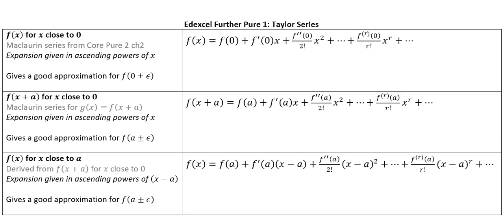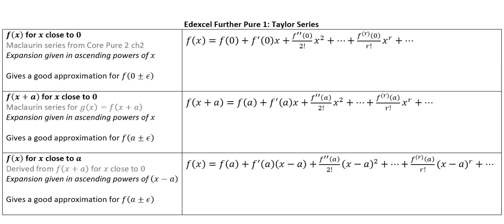The purpose of Taylor series in general, and these two alternative versions that you come across in Further Pure 1, are to allow us to deal with a function at other places than zero. So we think of these as being centered at somewhere else. F of x centered at 0 will give us what's known as the Maclaurin series expansion, the one you see at the top. And the way we calculate that is to start by